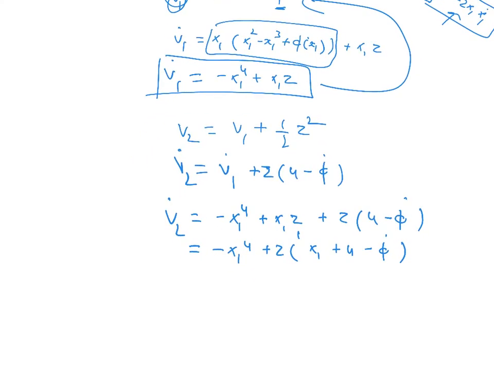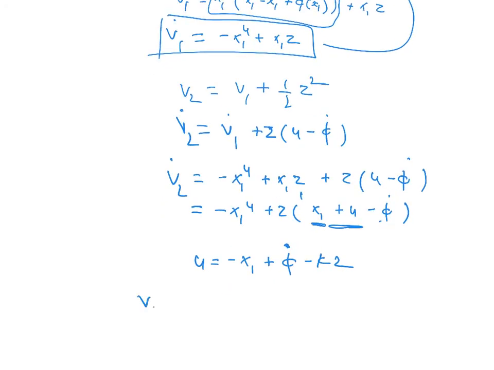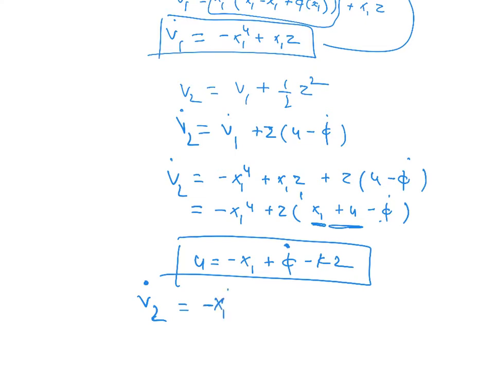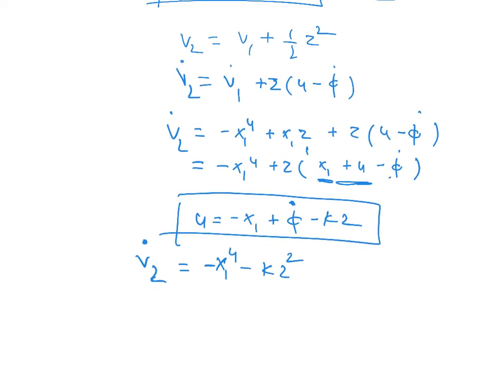Okay, now I can choose u equals to minus x1, cancel this out, plus phi dot, cancel whatever that term is, phi dot, and equals to minus kz. Then if I choose this u, my v2 dot becomes minus of x1^4 minus of kz squared, which is negative definite, which means x1 goes to 0, and we never showed